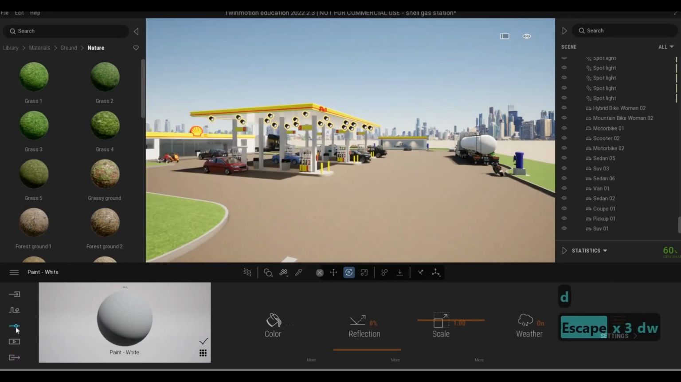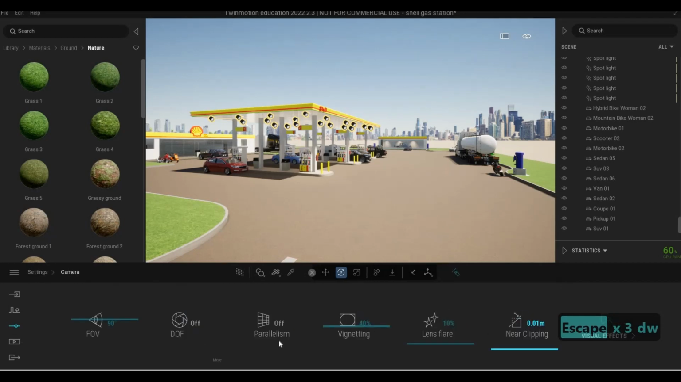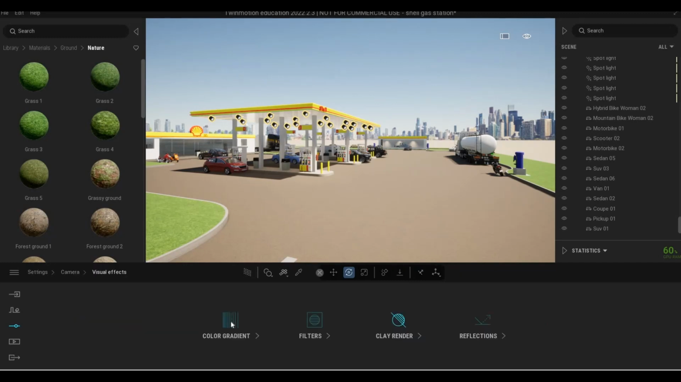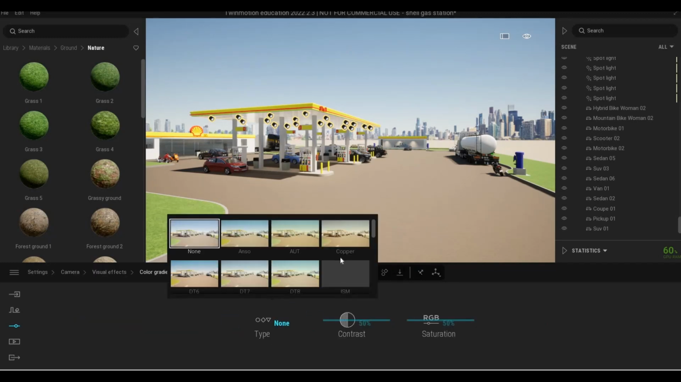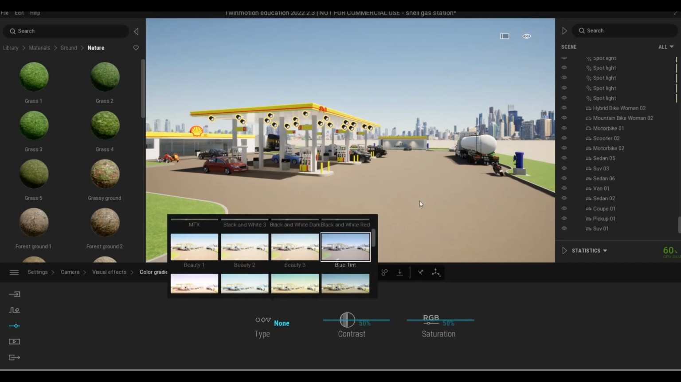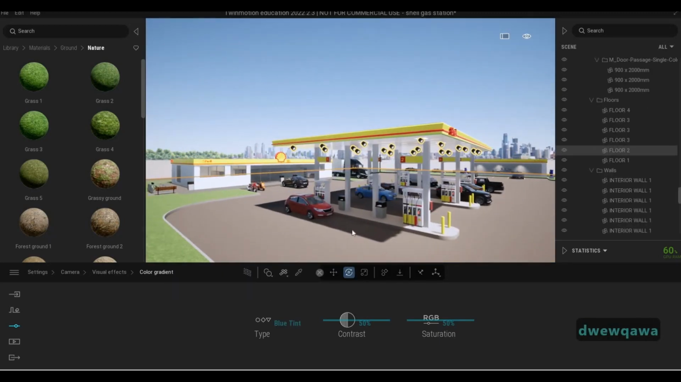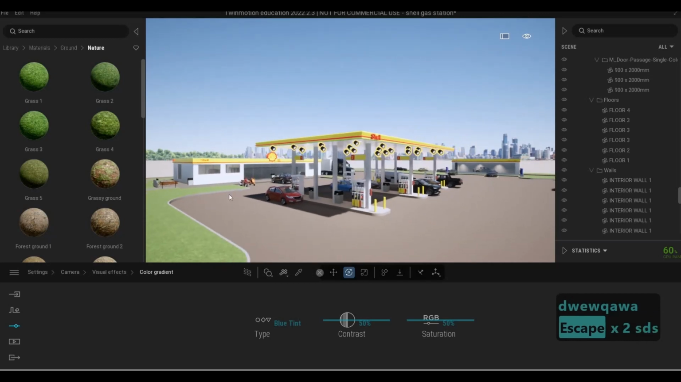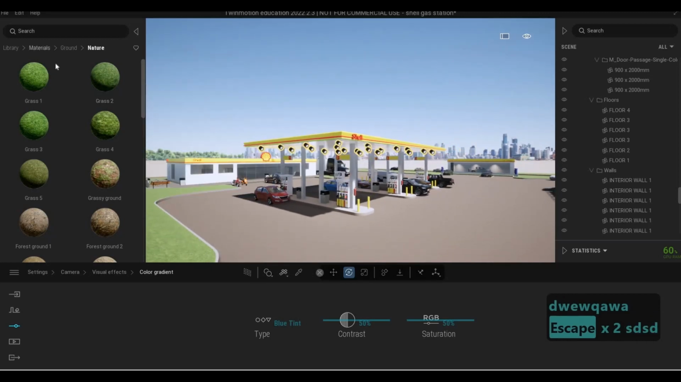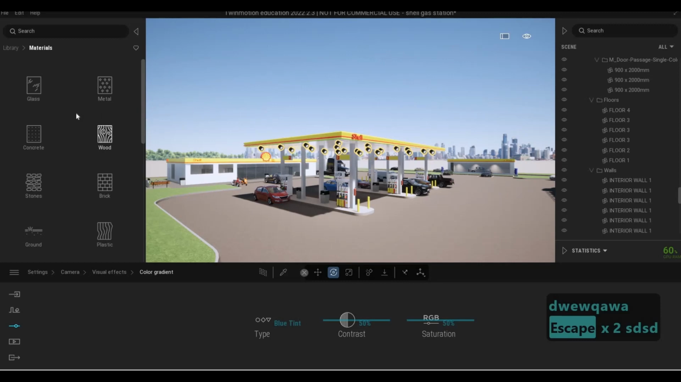And let's go right here, settings, camera. Well, you want to make sure that parallelism is turned on. And then color gradient. I want blue tint. I always want this one, the way it looks. And then after this, what we can do is